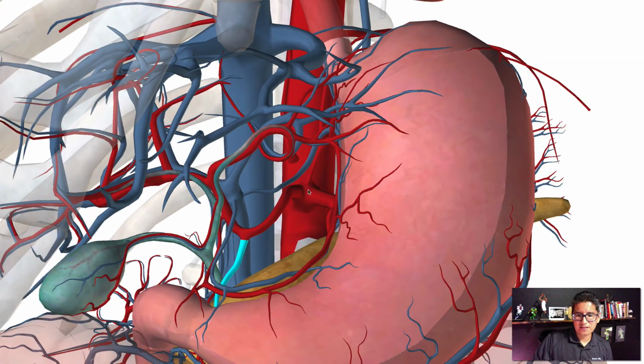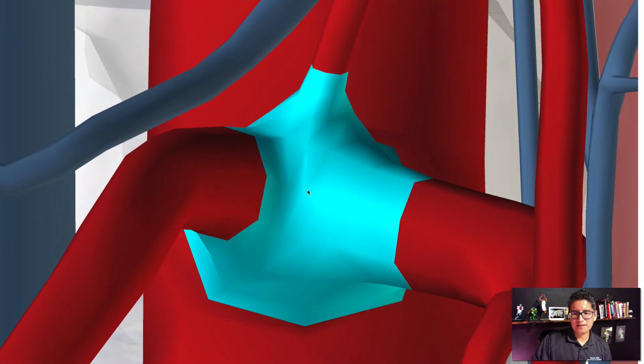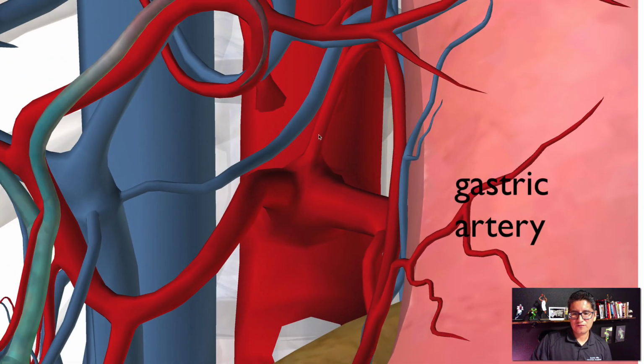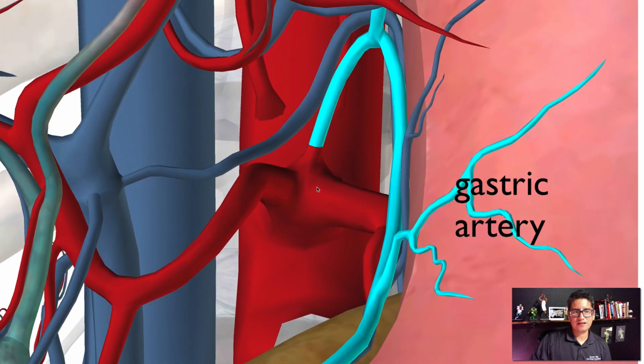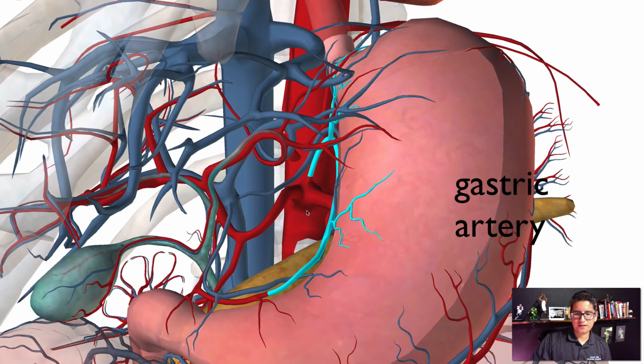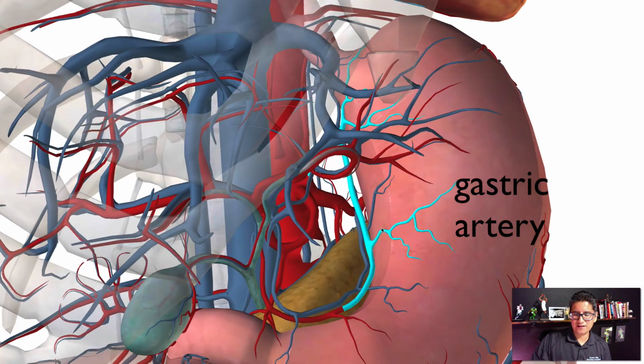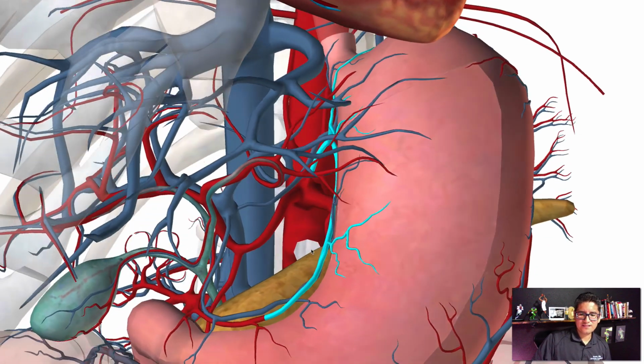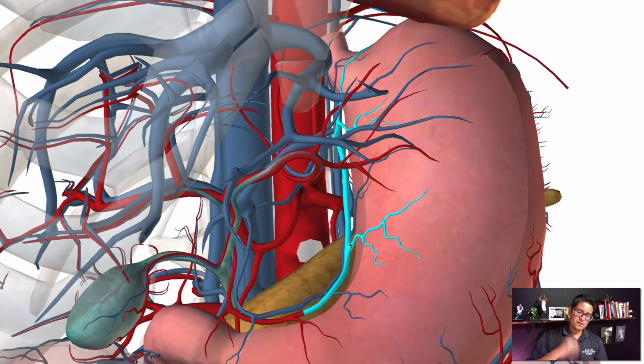And then last but not least, going back in, the one that we did refer to, this is the gastric artery. This is the main artery, and as you can see here, it hugs the lesser curvature of the stomach, and it feeds the stomach blood. So once the blood goes into the stomach, and it helps process, and it helps the muscles get the energy they need to churn all the food, and all the blood gets used up, it's got to drain,